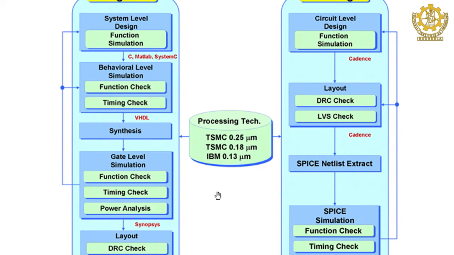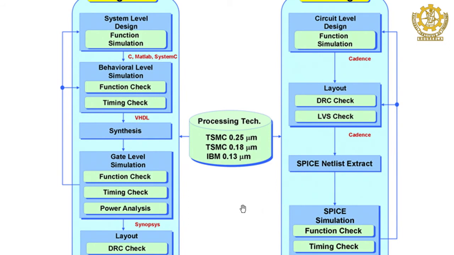So, synthesis is a process which will take an RTL level netlist and create a gate level netlist for you. The RTL level netlist is a netlist which consists of gates from the SDL library. And the output of the synthesis is a gate level netlist which consists of gates from the vendor given library. That is why we have input this technology to this side. So, synthesis takes input as vendor related information of library and technology, and at the same time it also takes input from the RTL level netlist. Are you getting my point?